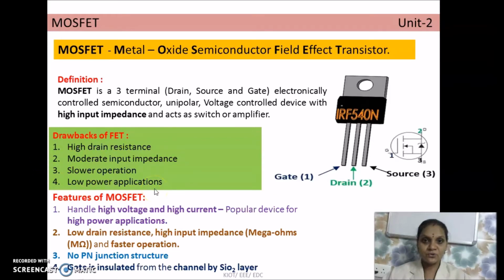In order to overcome all those 4 drawbacks, an advanced family of transistor has been invented, that is called the MOSFET. This is the MOSFET, how it looks like. It has 3 terminals: gate, drain and source. These terminals are very similar to those of the JFET. The names of the terminals are the same, but in terms of construction, where the terminal is taken from the fabrication assembly plays a different role.